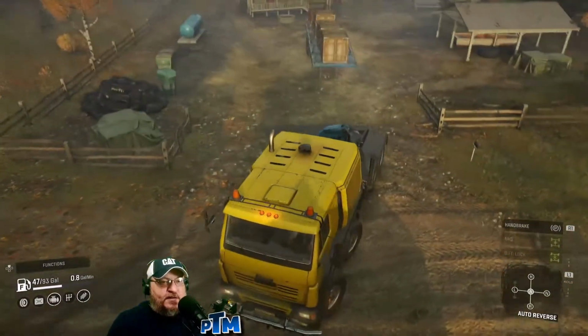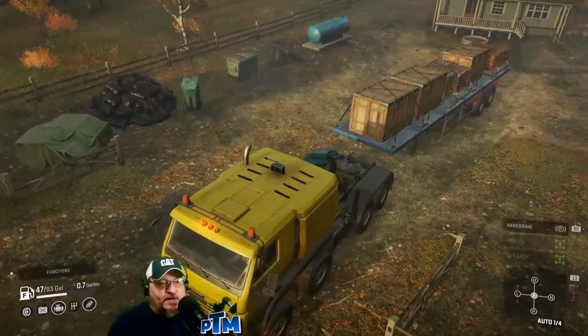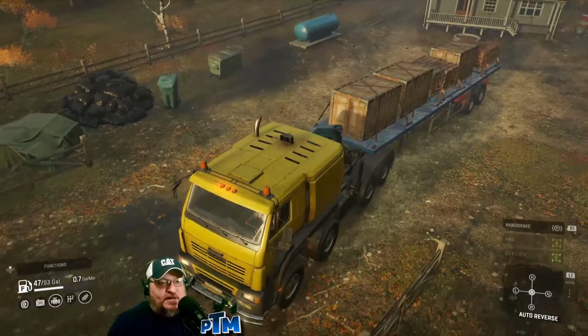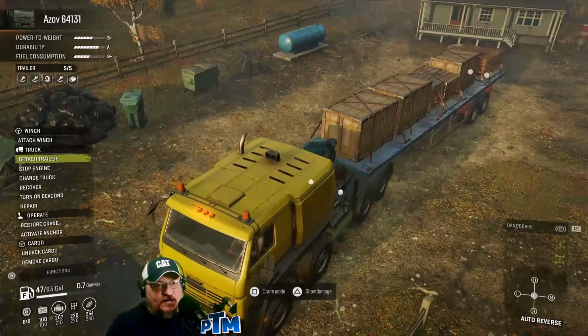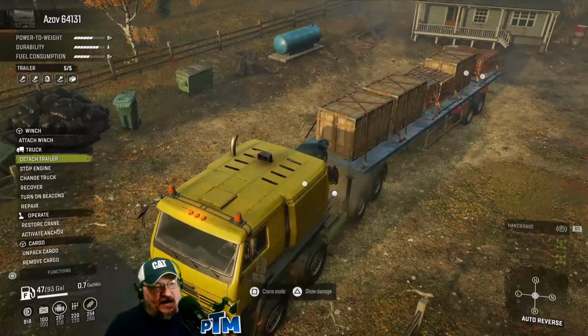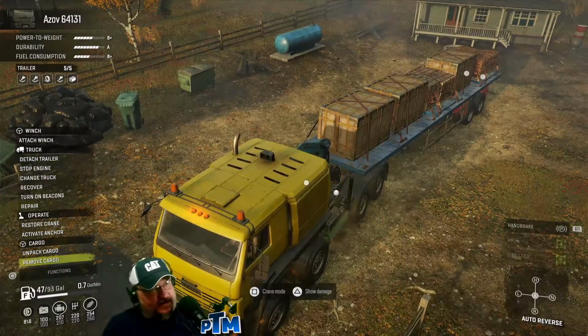We're going to create a trailer train before we head back to the garage. So we'll back the Azov up. Once we get attached, instead of dragging that extra weight around, just go ahead and remove cargo, which is, you see me craning around